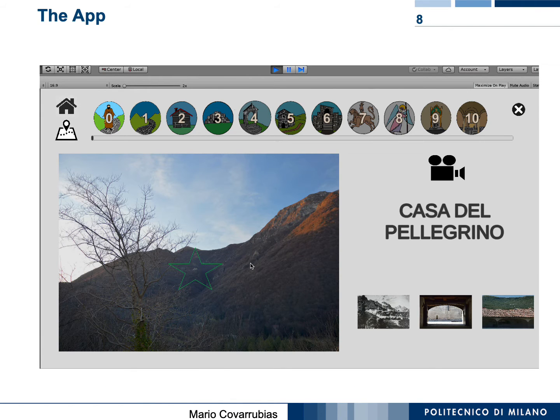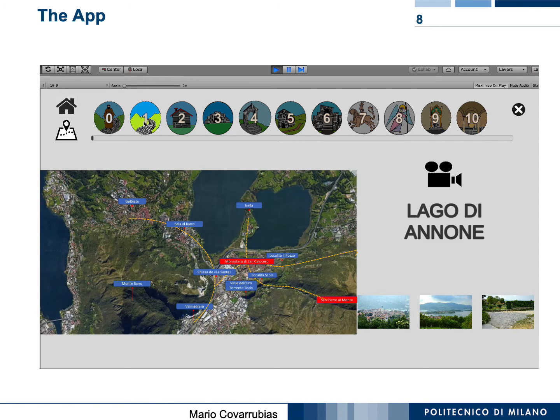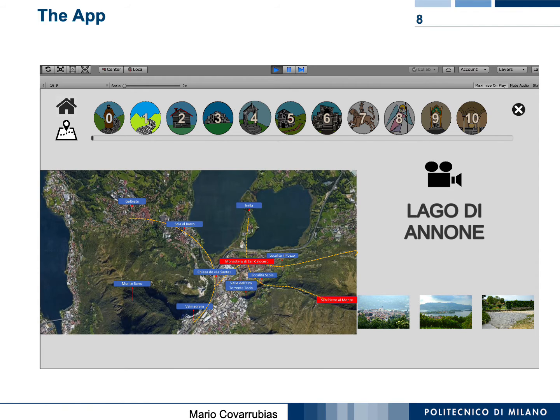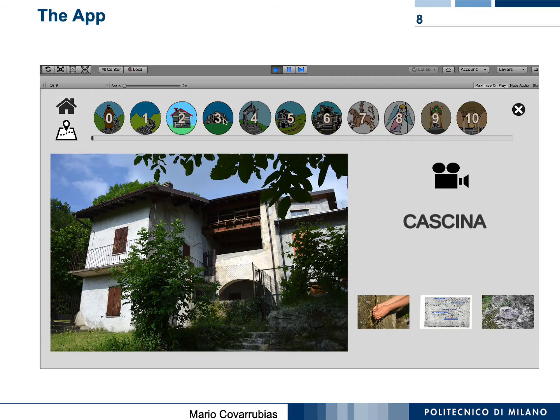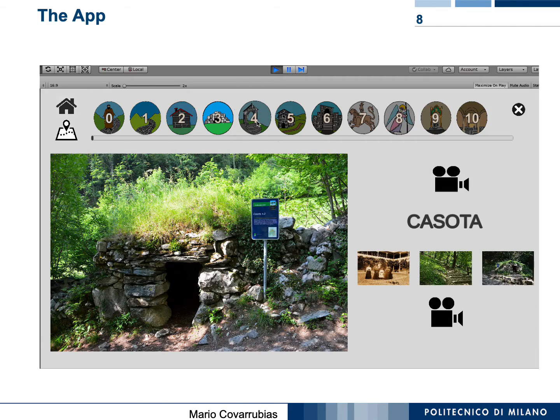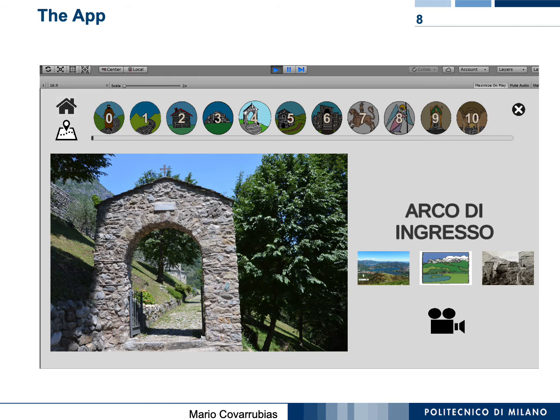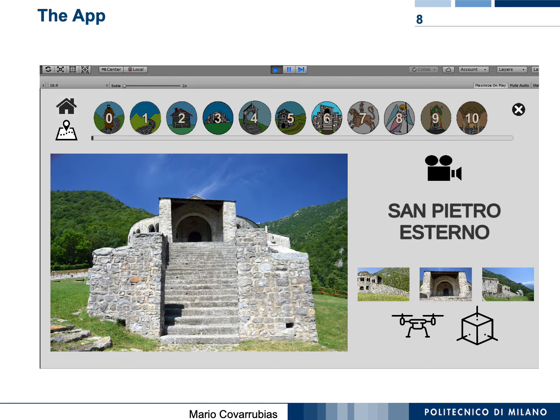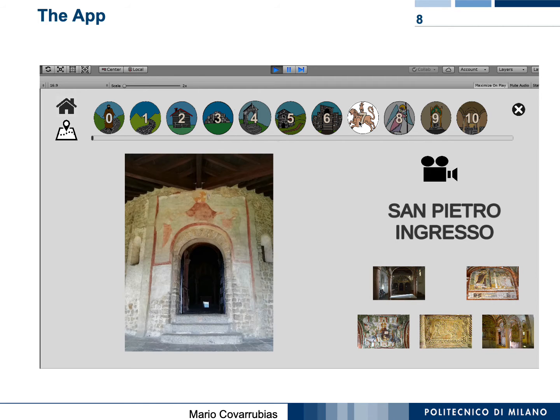So this is the main screen of the application. As you can see on the top, we have the different scenes. For example, the first one is the Casa del Pellegrino, then we shift to the Lago di Annone, to the Cascina, to the Casotta, then we have the Arco d'Ingresso, the main entrance. Then we have the San Benedetto building, then San Pietro Esterno, and can you please notice that we're giving different